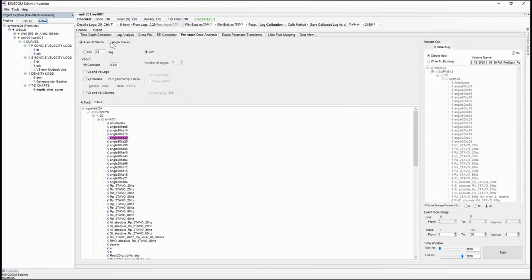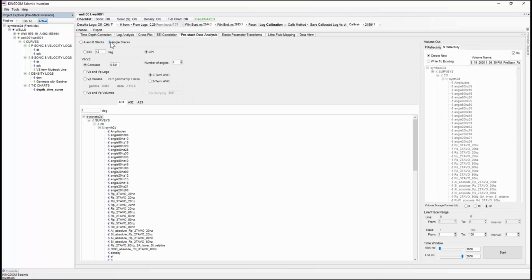Now, if we have a look at our angle stacks with this option, and we see the CPI is selected, here you can see that we have the P reflectivity and S reflectivity that we're going to generate. And what you'll see from the list of options is that we can work with our two-term AVO. Now for this project we're going to select 6, like so. I'll just click these buttons up to 6, and from here we're then going to select our angle